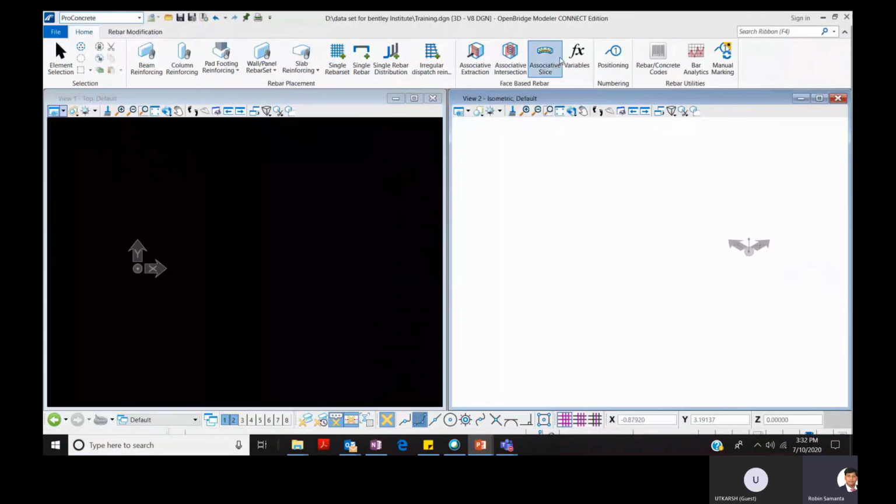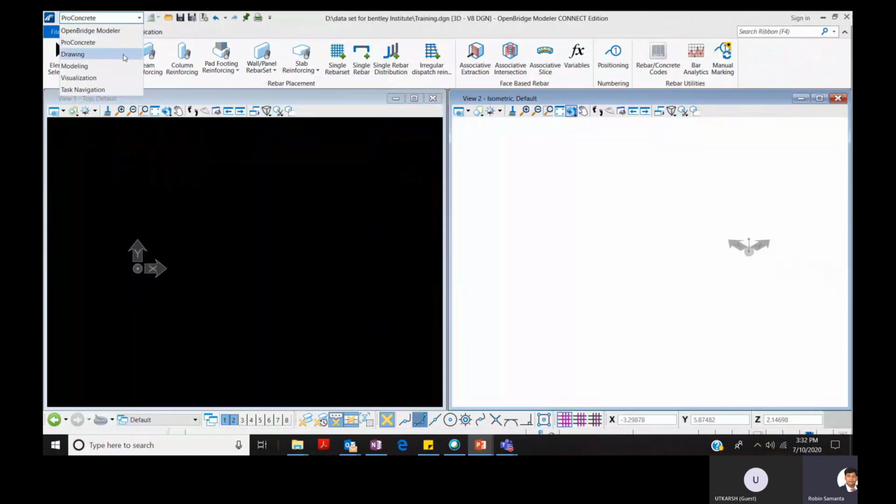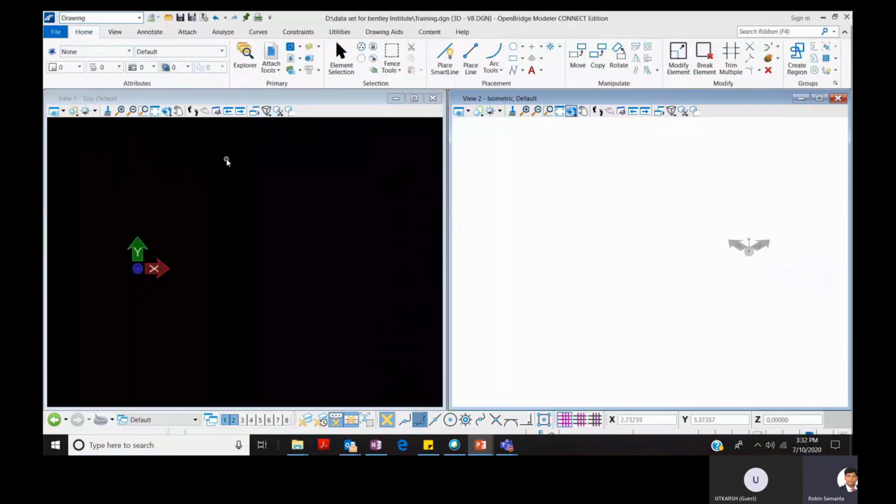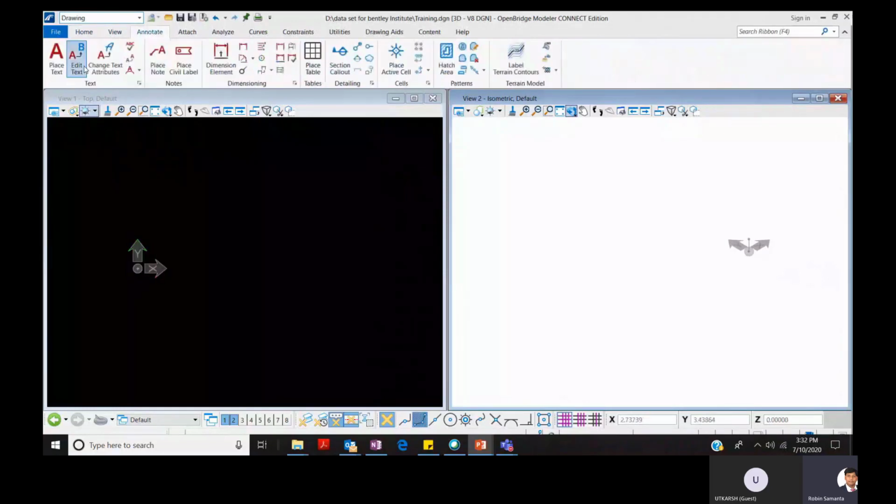And then once you are using ProConcrete for detailing through OpenBridge Designer, you can actually get the reinforcement quantity and the bar bending schedule report as well. Then under the drawing tab, you can see these are the different tool sets available. Under the view tab, different views. Under annotations, you can change the scales. You can set your scales for different sections. You can use hatch properties.